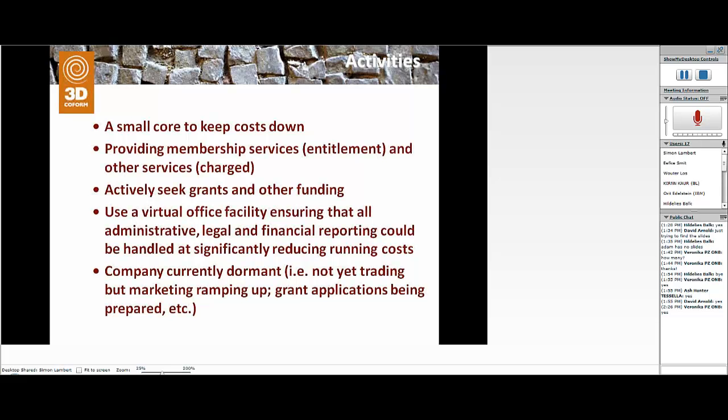We are entitled as a legal entity to seek grants and other funding. We're currently looking at a couple of startup grants which would be allowed for a small company in the UK, targeting the cultural heritage sector, and it's possible that we might get some startup funds that way. We have so far been unsuccessful in getting any support from the European Commission other than within the project, and one of the interesting things from what Hildelie said was the idea of using extension funding